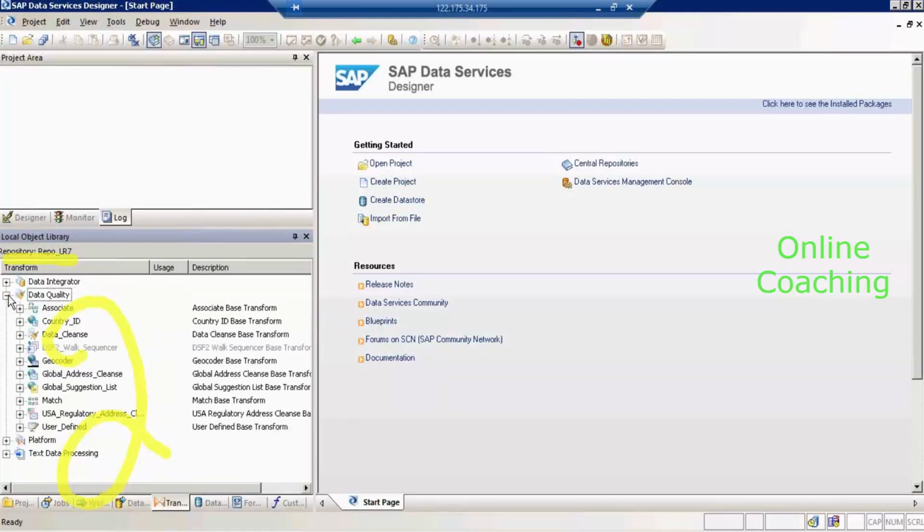And the quality transformations, right? So it is broadly divided into two different categories. One is your address cleansing, and the second one is your data cleansing, right? So address cleansing transformations, they require you to procure a license from SAP directly so that you can download those directories into your server and then point your server to those directories so that you can actually